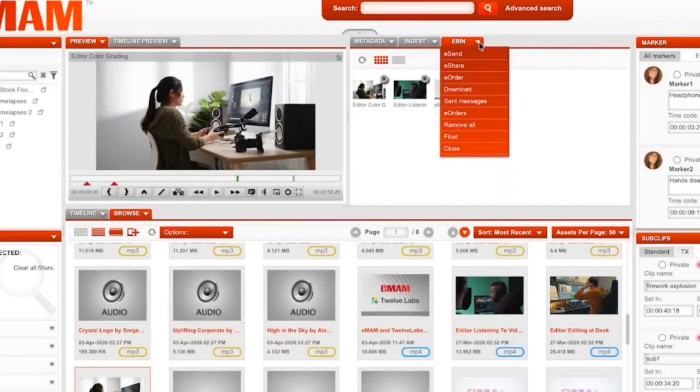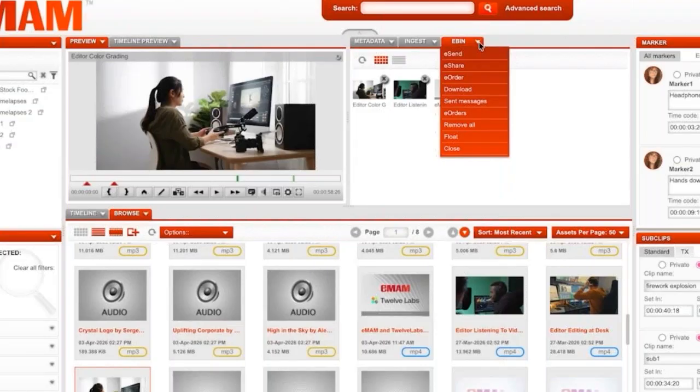And then with eShare, one thing to think about as you're sharing, if you're sending out that World Cup ad that's going to go viral, all the links are going back to the eMAM server. So you may want to be prepared in terms of infrastructure for 5 million people to click on your viral World Cup link next month. But in any case,